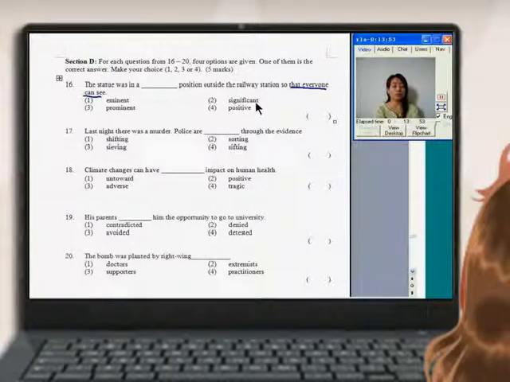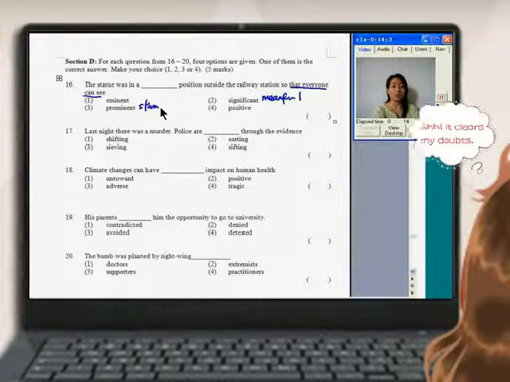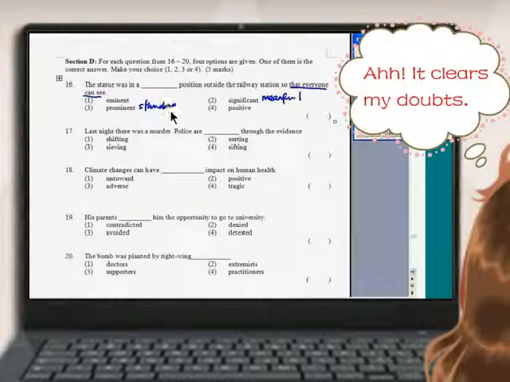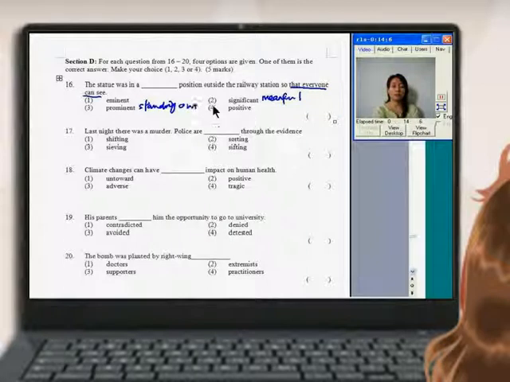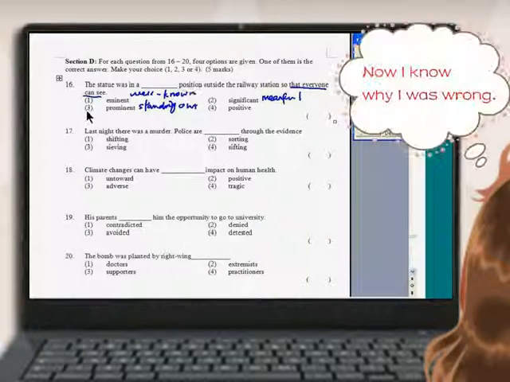So let's look through some of the meanings. Significant is actually meaningful. Prominent is standing out so that people can see. And positive is the opposite of negative. And imminent, we know that it's well known or famous. So in this sentence, the correct answer is option